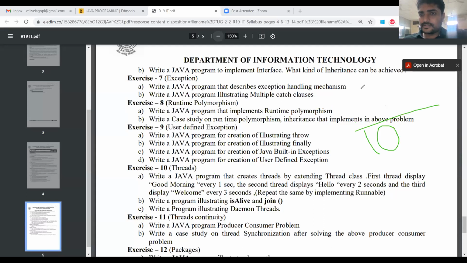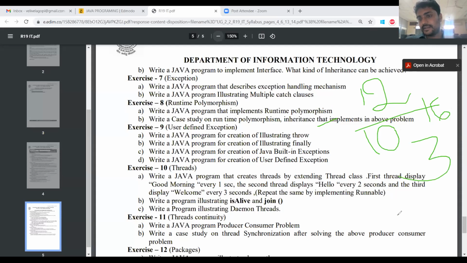Final year examinations, internals, I think you know: internal 1 and internal 2 start from the 12th of this month. The externals are from 16th. After completion of that, third year will start.